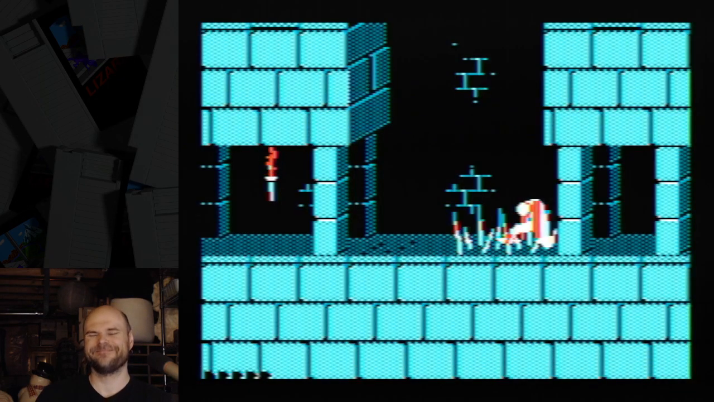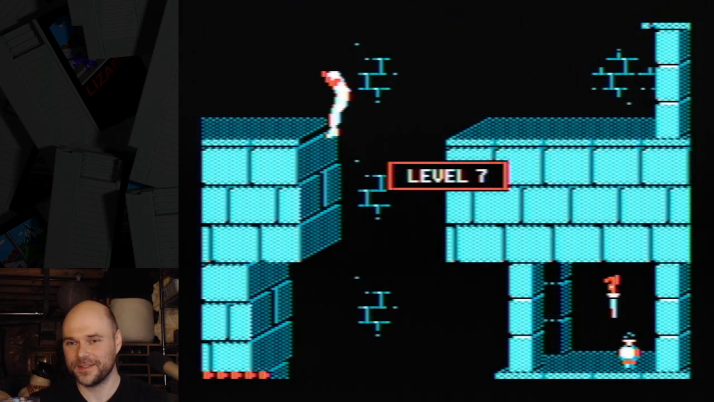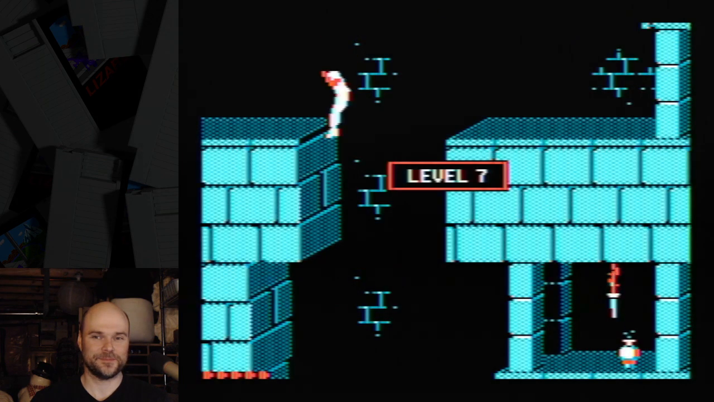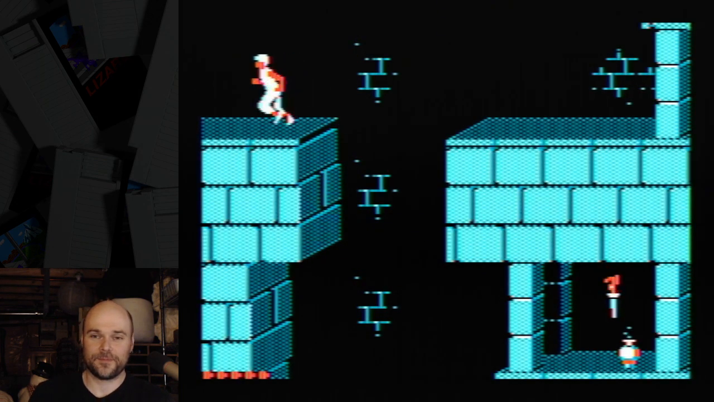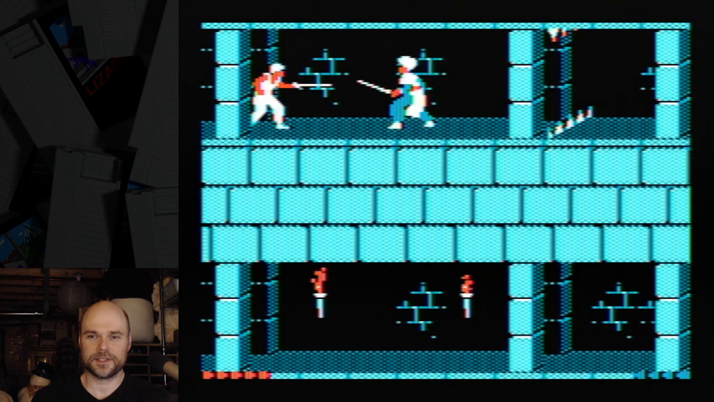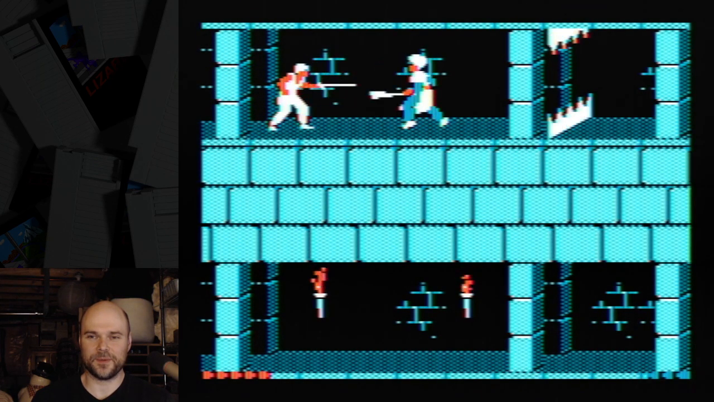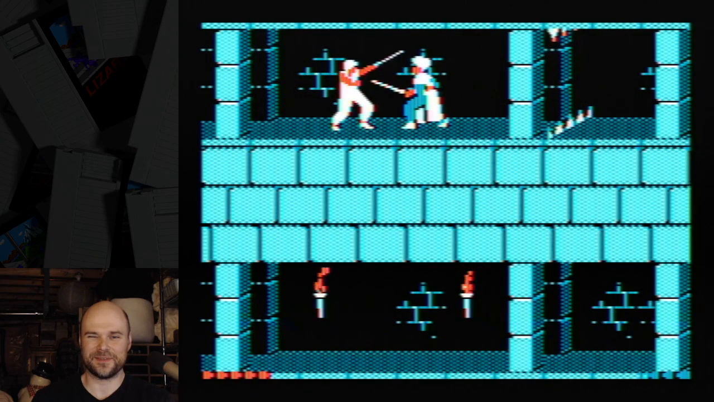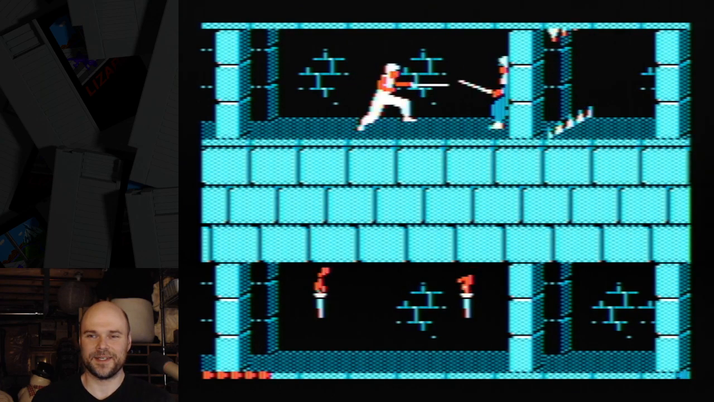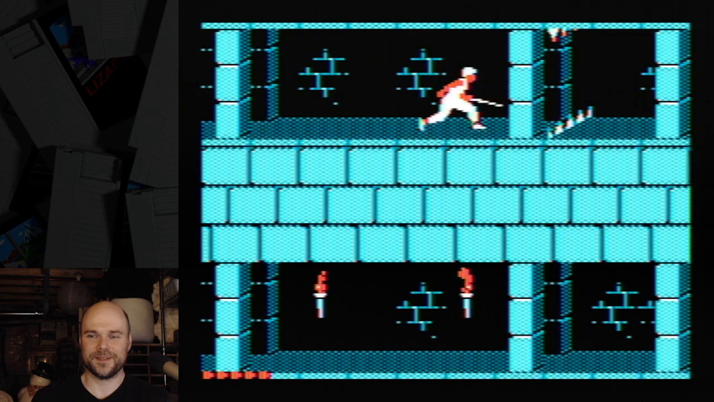Oh no! And I missed that jump. Hold the button. All right, let's go. So yeah, a lot of stuff that I'd have probably no problems with on the DOS version. Just the fussiness of this analog joystick is making it tricky, but